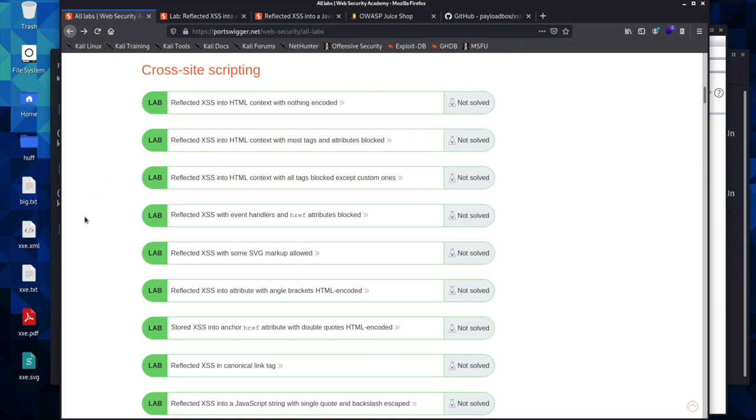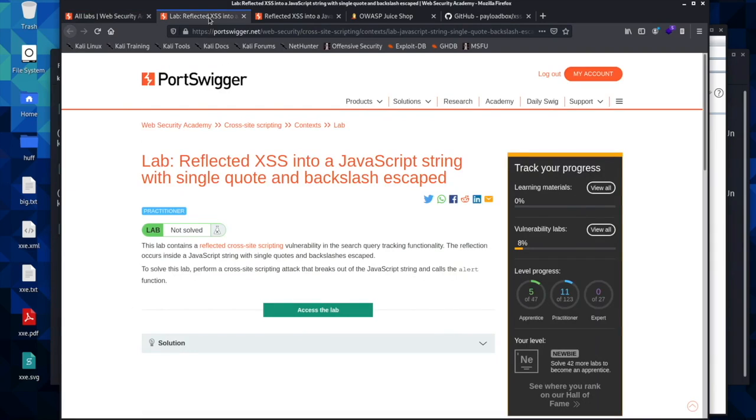So we're going to open up this one right here, and it'll tell us what we need to do: we just need to break out of the JavaScript string